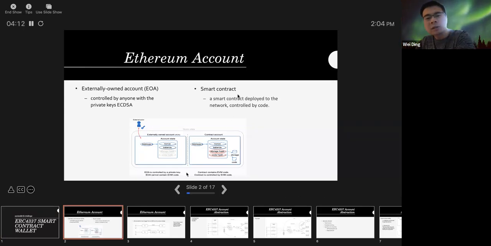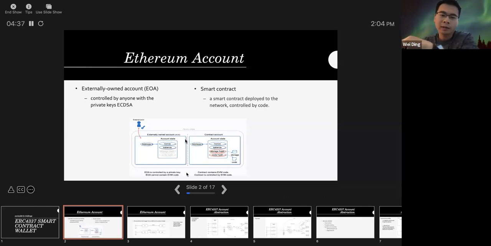On the other side, a smart contract is a piece of code deployed on the Ethereum network. It is written in Solidity or another language, and it can add custom logic on top of that. So it's not limited to ECDSA signature verification.